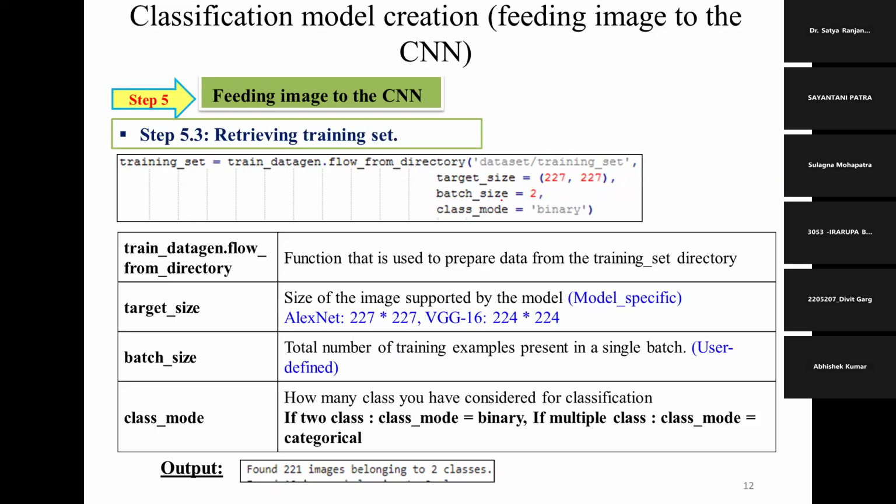The batch size is the total number of training examples present in a single batch. Here I have given batch size equal to 2. Batch size is a very important hyperparameter in network development. What is batch size? Suppose you have 100 images.